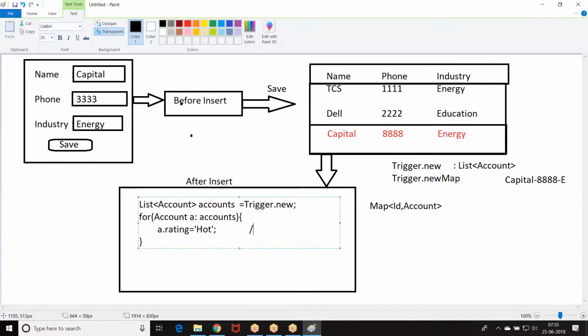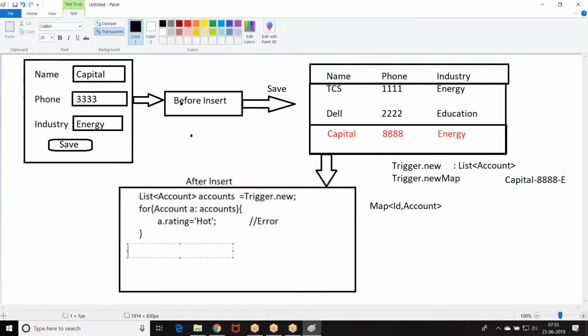Can I make changes? After the record is inserted, on trigger.new you cannot make a change. You cannot directly make a change on trigger.new. If you want to make a change, what should I do? Account.